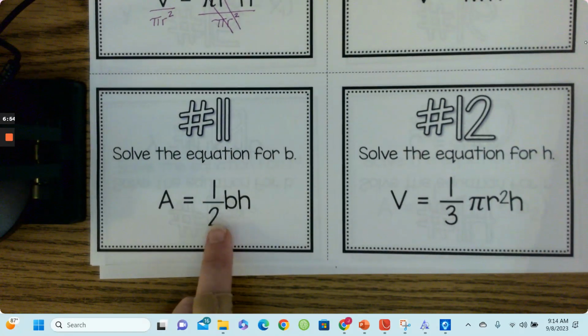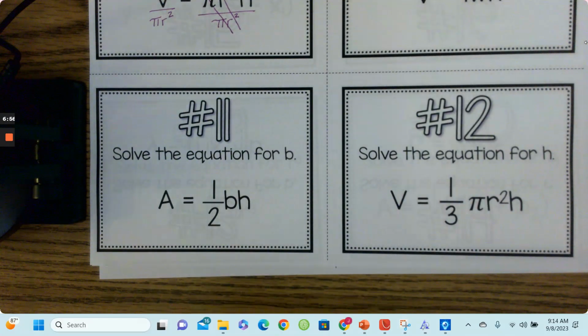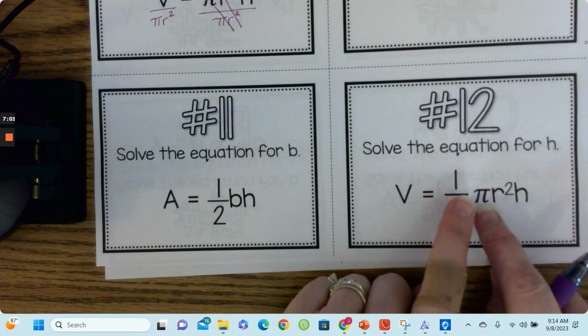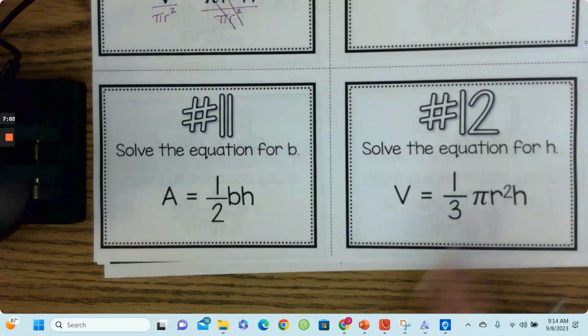I think I'm going to leave 11 for you. So let's look at 12. I'm trying to get the h by itself, so I need to get all of these pieces